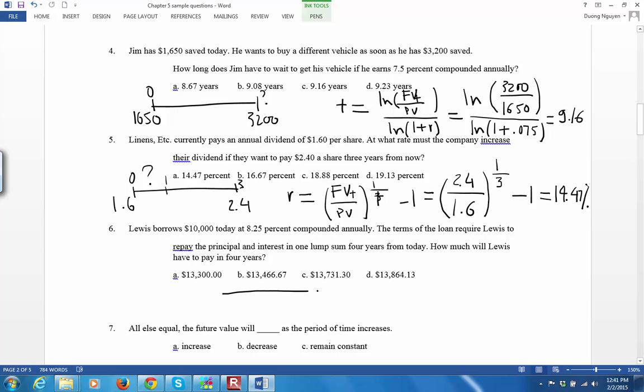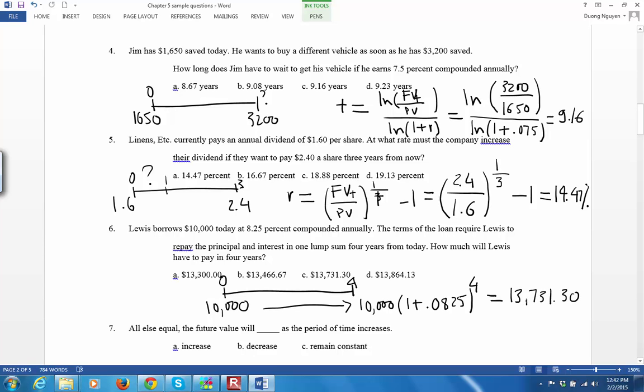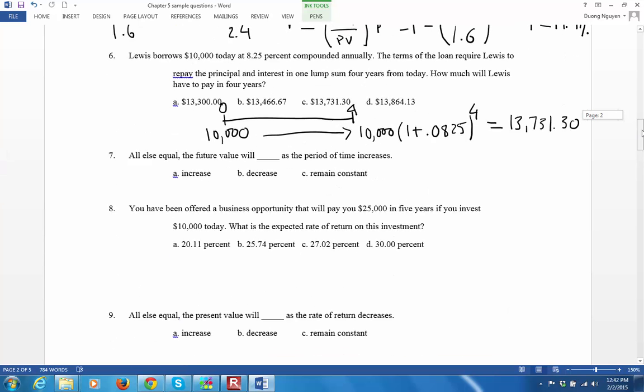Alright, number 6. If you borrow $10,000 today, and you have to pay all the principal and interest in one lump sum 4 years from now, how much do you have to pay in total? It's very simple. It is asking for future value, so 10,000 times (1 + 0.0825) raised to the power 4, and this is equal to 13,731.30. So in year 4 you have to pay back the principal and all the interest, and the lump sum you have to pay is